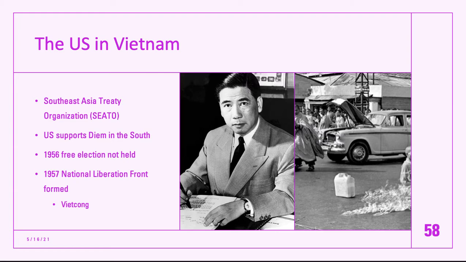Now, the Secretary of State under Eisenhower, we know him very well, John Foster Dulles, is going to put this military alliance together, and it's going to include a large number of different countries. We have France, Great Britain, Australia, New Zealand, the Philippines, Pakistan, Thailand, the United States, all pledging themselves to act to meet the common danger in the chance that there is aggression in any of these places or anywhere they